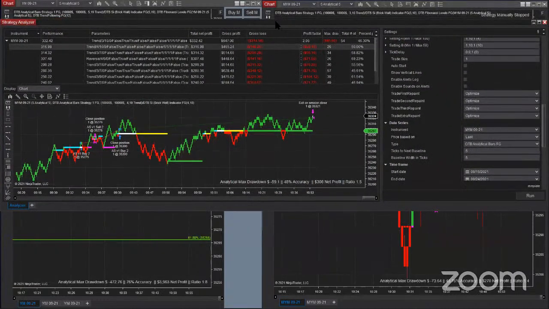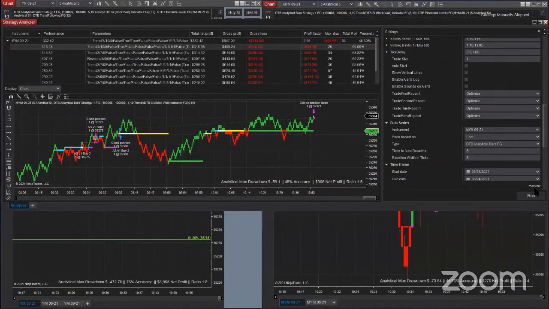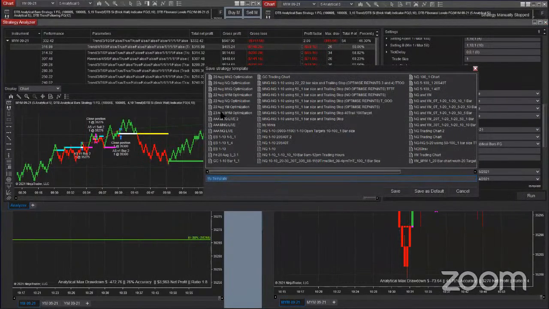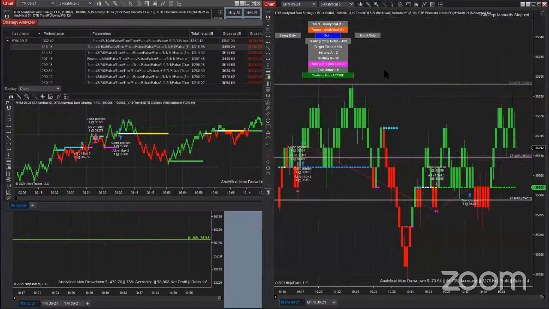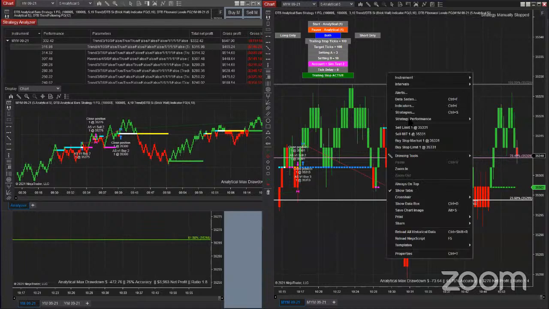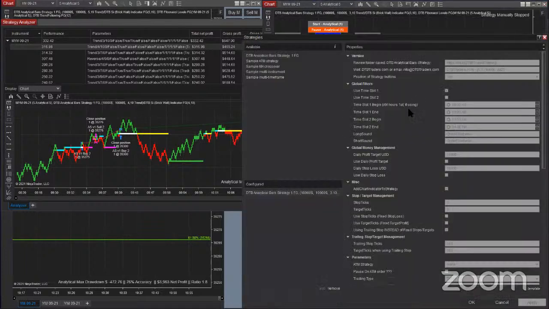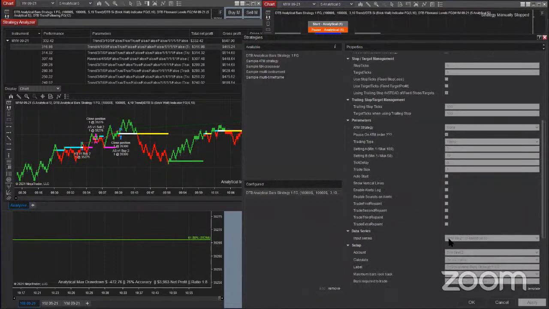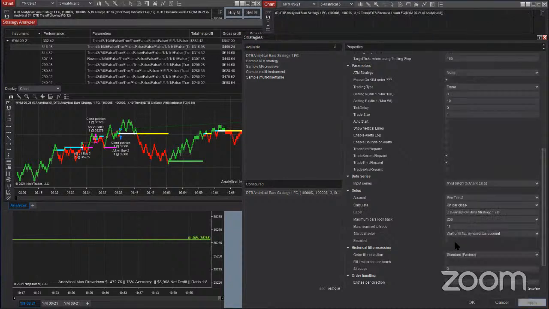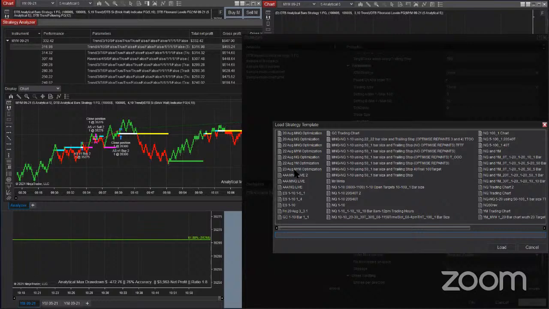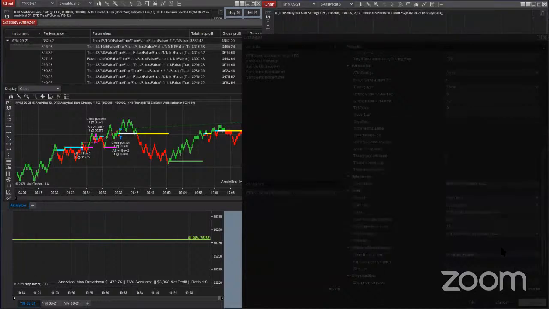The quick way is just to go to template and save, and you can select MYM over here. You select it, you save the template, yes. Then you go to your trading chart, make sure your strategy is on pause, go into your strategies, and then deactivate the strategy like this. Apply. I'm clicking things very slowly, and you've got to just react to it. So template, load, and then you select your 23 MYM thing. Click on load,